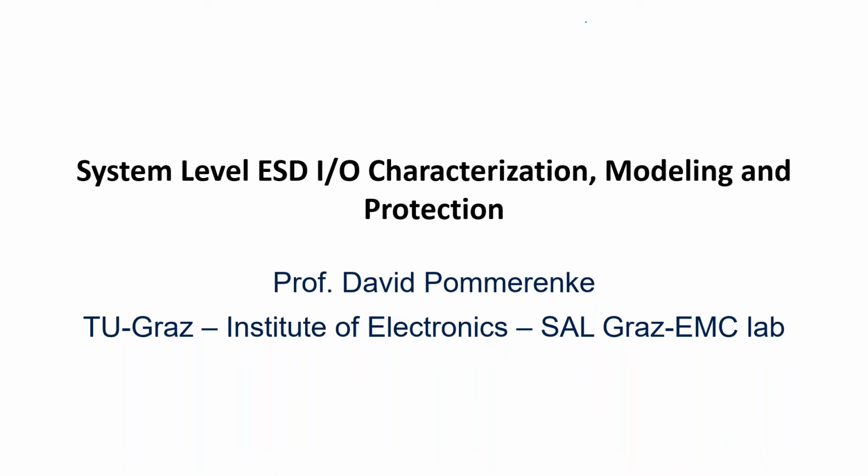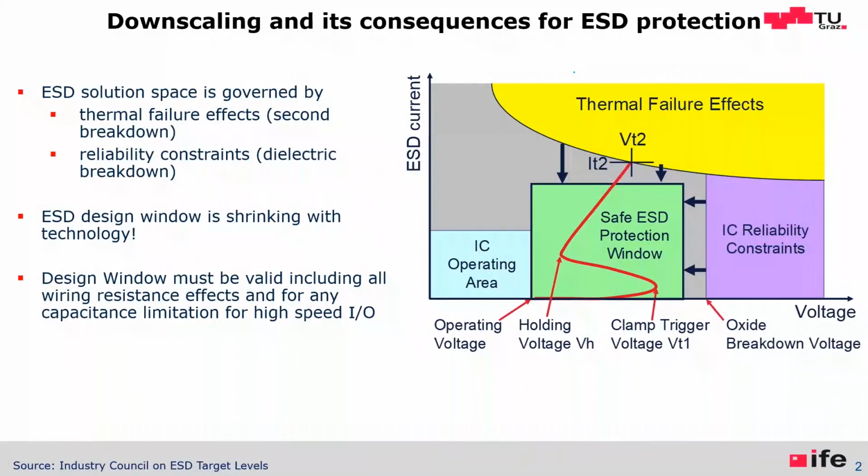It's an honor to have such a large audience in such a talk. I'm going to talk about what I call the future of ESD protection. My focus is on how to protect high-speed I/O, like USB 3.1, 3.2, 4.0, or any interfaces which have a high data rate and go into ICs made from really small structures like 7 nanometer, 5 nanometer, 10 nanometer. So basically, how to produce ESD protection for high-speed I/O in modern ICs.